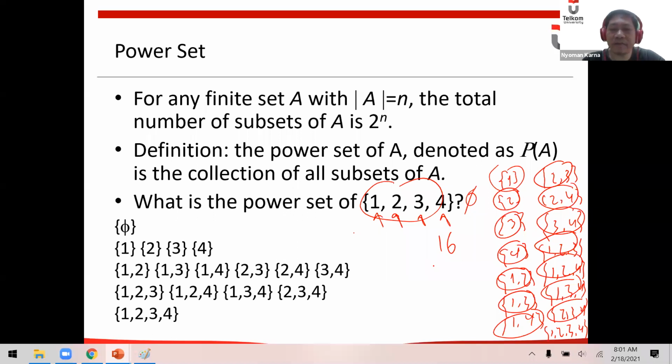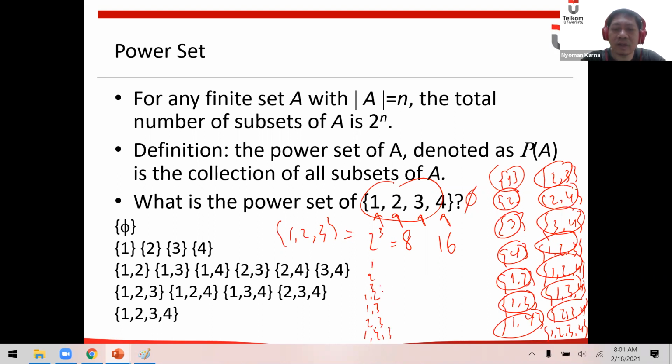So let's say I have a set that has 1, 2, and 3. What is the power set of this set? It will be 2 to the power of 3, which is 8. We have 1, 2, 3, {1, 2}, {1, 3}, {2, 3}, {1, 2, 3}.